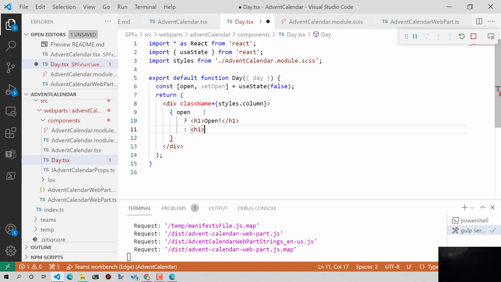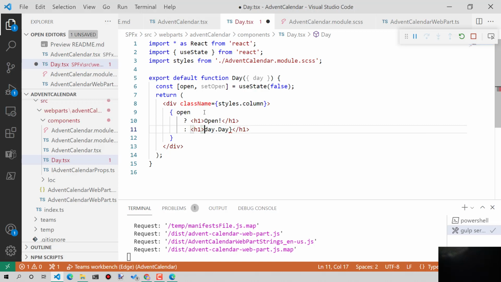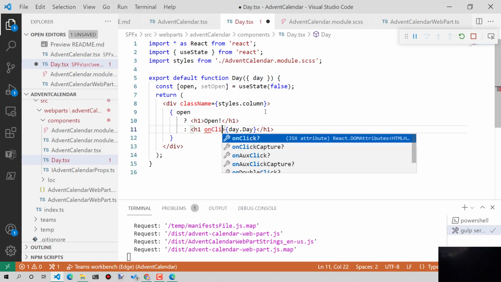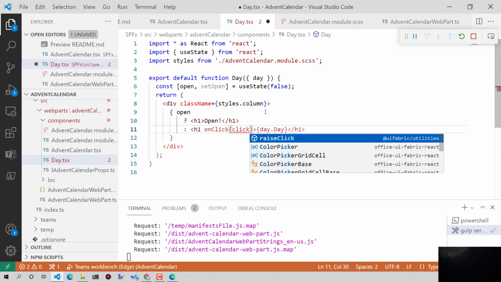And if it's not open we'll do H1 and pretty much what we had before, which was day.day, wasn't it? And that needs to be in curly braces, of course. This is going to be the one that you see when it's closed, so we don't ever want to close them again. We'll just say create a method called click in a second,